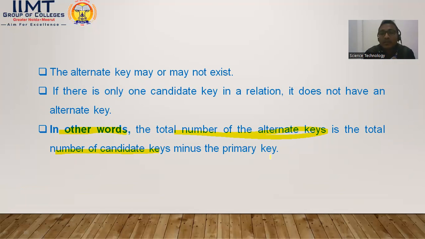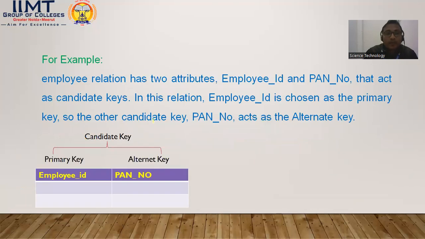बचा है वो अल्टरनेट की है. अल्टरनेट की क्या है? एक प्रकार से कैंडिडेट की ही तो है. अगर दो है, एक को अगर हमने मान लिया प्राइमरी की, तो second one is क्या है, अल्टरनेट की है. और अल्टरनेट की को कहाँ से सिलेक्ट करते हैं? कैंडिडेट की से. और प्राइमरी की को कहाँ से सिलेक्ट करते हैं? वो भी कैंडिडेट की से. सिंपल, for example